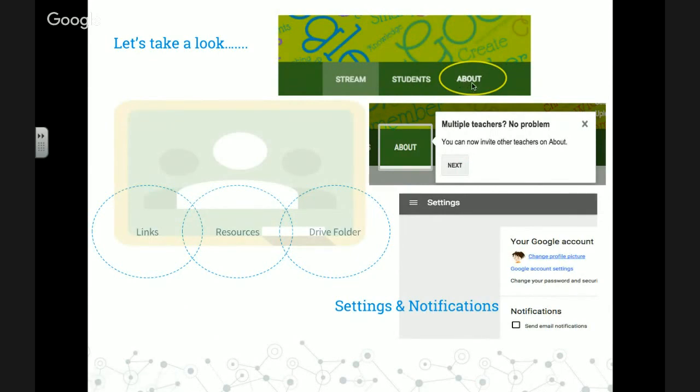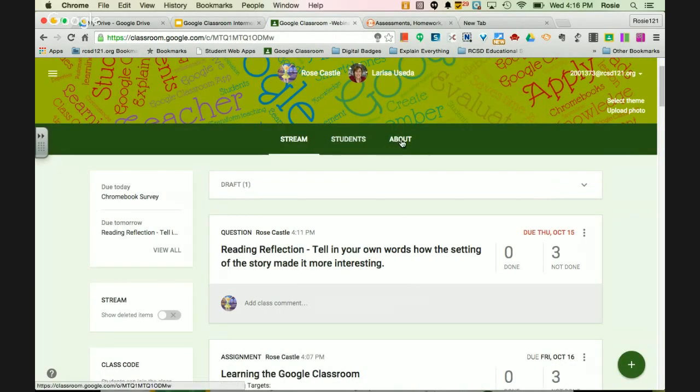And before I jump over into my classroom, I want you to be thinking about, if you're working with multiple teachers in your classroom, or you have multiple teachers that you want to be able to see your assignments or access to your students' work, that's one place that you want to be able to do this, add them to your classes in the About section. Or if you want to add links or resources to your class that you don't want in the stream, this would be another place to go in the About section. So I'm going to jump over to the class, and that way you can see where all of this happens. So I'm going to go to the About section,